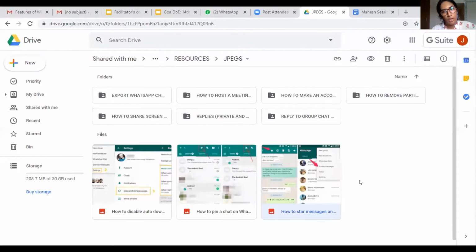So what you have to do is go online on your browser, type web.whatsapp.com, and the QR code will show up for you. Then, as I said, you will have to open your phone, go to the WhatsApp menu, and select WhatsApp Web. Then you scan that very QR code on your laptop screen using your phone.